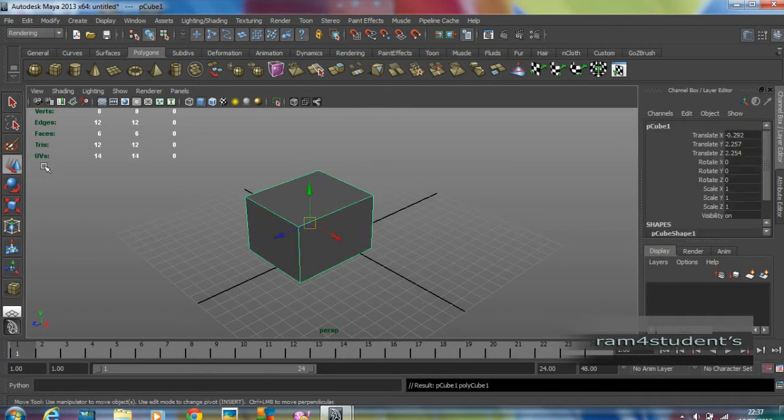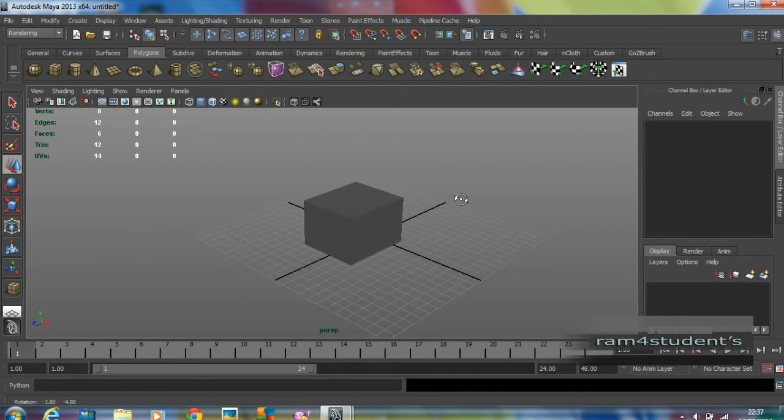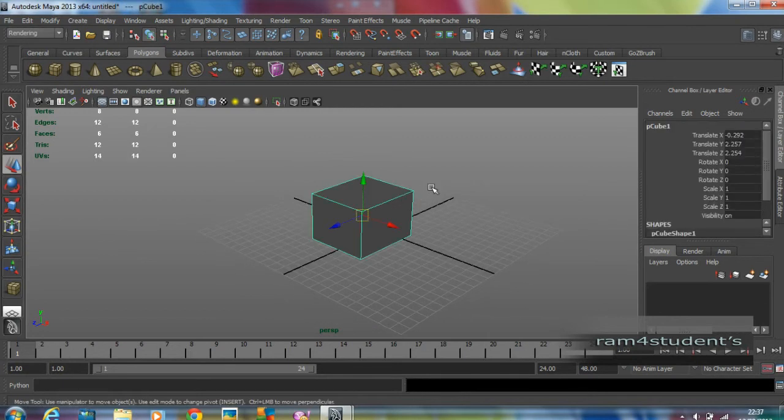Okay, I'll select the move tool. The shortcut keys for move, rotation and scale are: move is W, rotation is E, scaling is R. WER. Test it and verify. Okay,